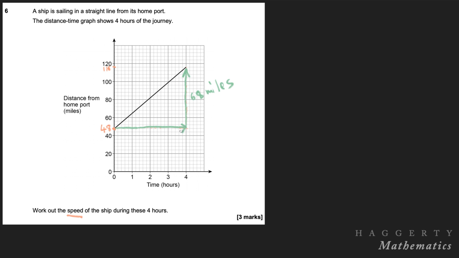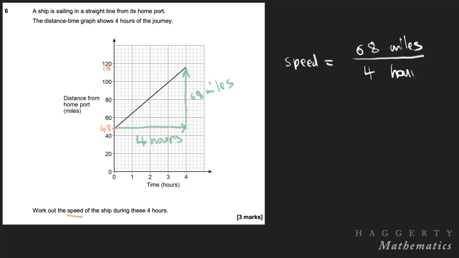So how do you calculate speed? Well, you take the distance we covered, and then you divide it by the total time, and that generally gives you the average speed. But in this case, the distance time graph has a constant gradient, so the average speed will just be the speed, right? So speed is the 68 miles divided by the 4 hours,